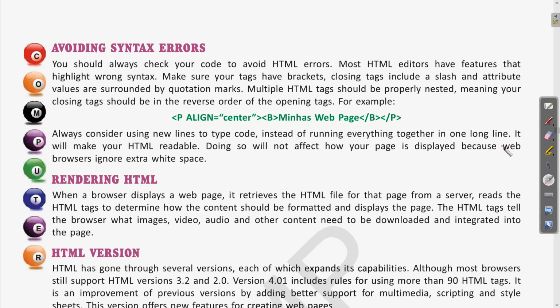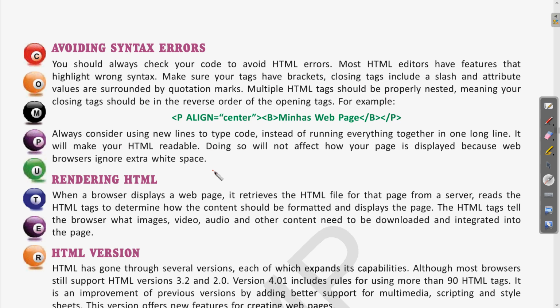Rather than writing the program in a single line, if we write in multiple lines, it will be better and readable. It will make your HTML readable. Doing so will not affect how the page is displayed, because web browsers ignore extra white space.